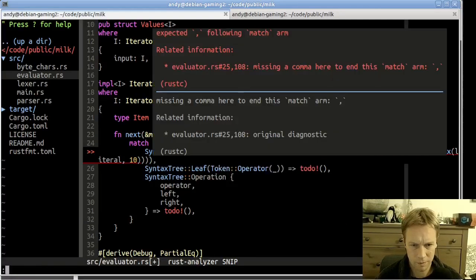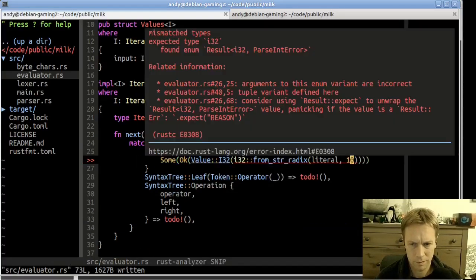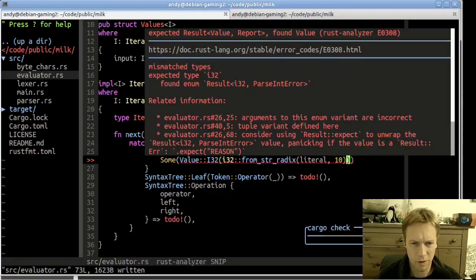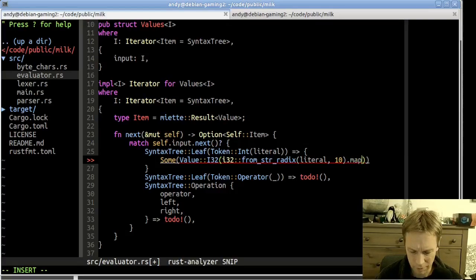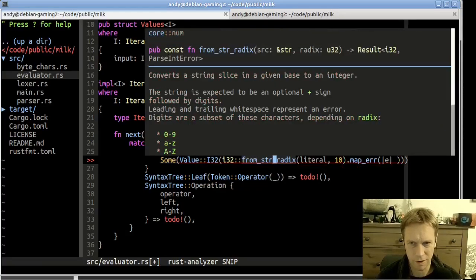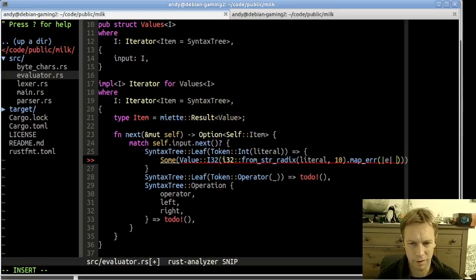And a comma. And this is going to give us a result. So what we want to do is, instead of just okaying that, we want to map the error to say, when we got this parse error, what did it say? From str radix returns a parse int error. We want to turn it into our own error type, which is going to be,